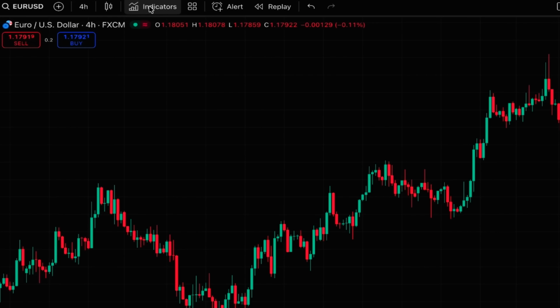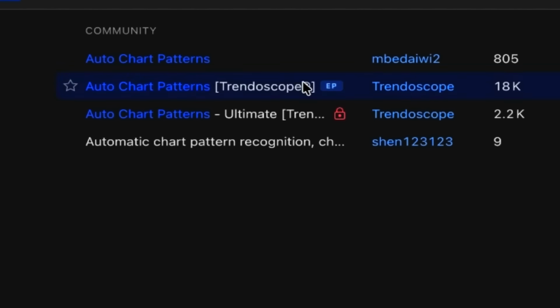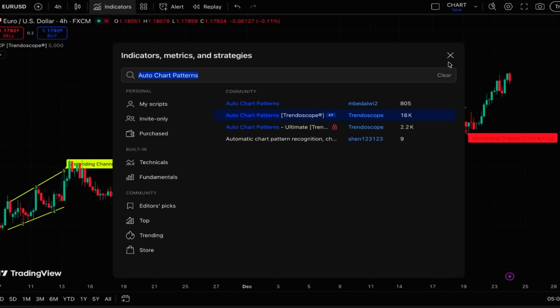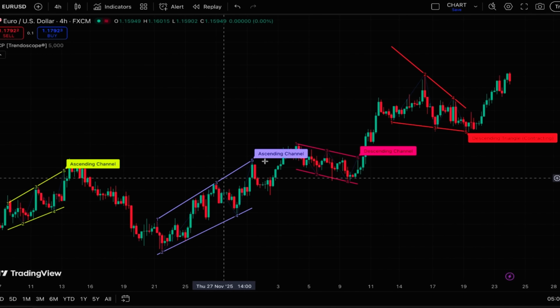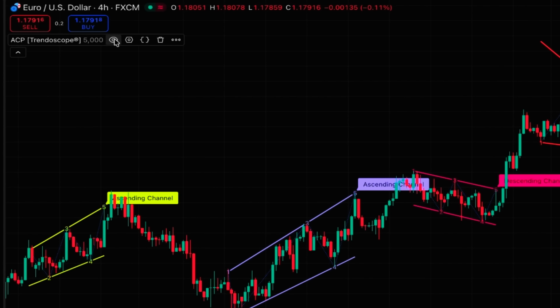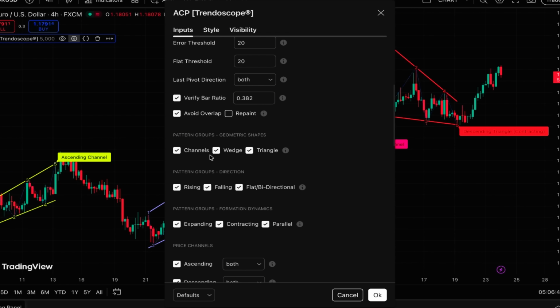The first one that I want to introduce is called auto chart patterns. This one, which is an editor specs indicator and written by Trendoscope. When you add this indicator, some patterns are automatically identified on the price chart. Here in the settings of the indicator, here in this part, you can see that the indicator identifies 3